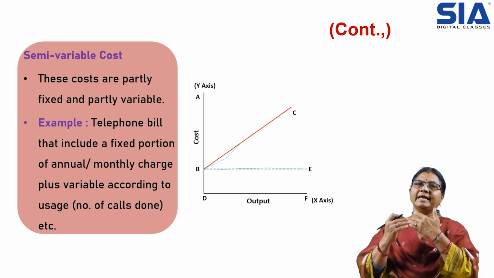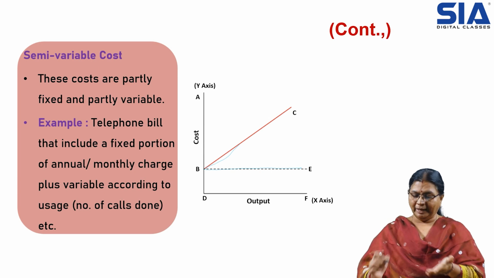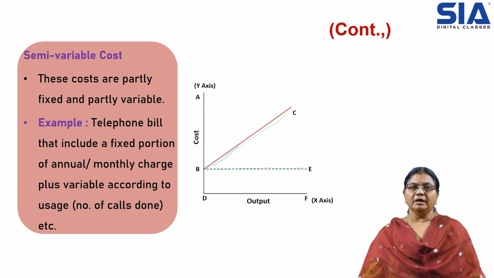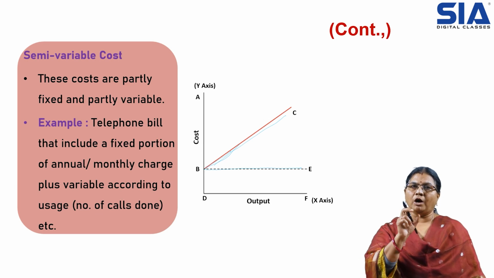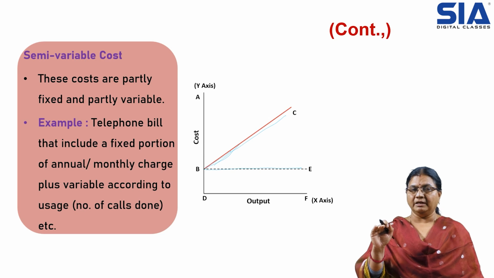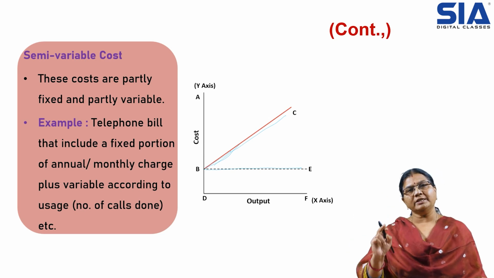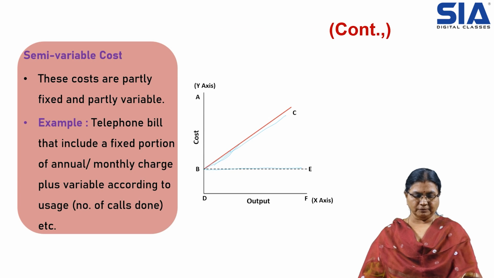Once the units increase, above that unit your unit rate starts increasing. In the same way, like a power bill or telephone bill, until the units, whatever calls they will give, after you finish that quota, every call after that will be increasing. And also in the same way, the electricity bill.